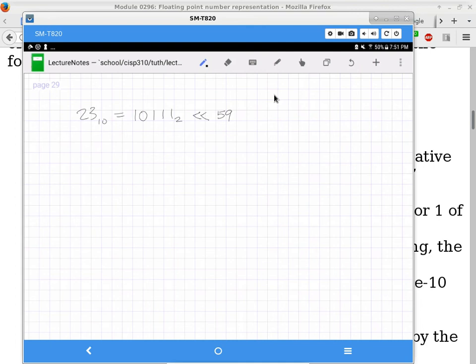It was in one of the labs that we were doing, one of the links that was in the lab covered the shifting. Yep. So are we okay with this? Yep, go ahead. In this case, it'd just be multiplying by like 2 to the 59. That is correct. It is equivalent to multiplying by 2 to the power of 59.